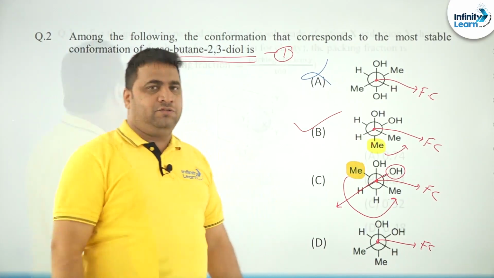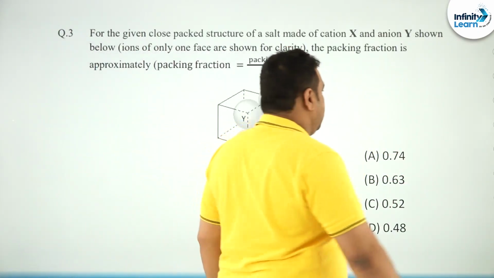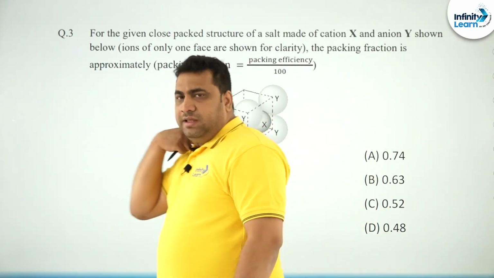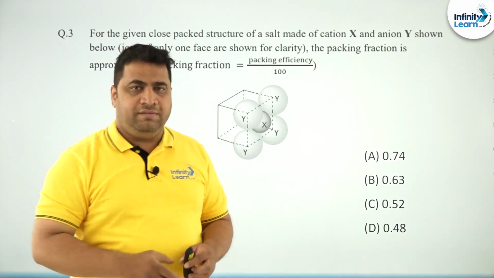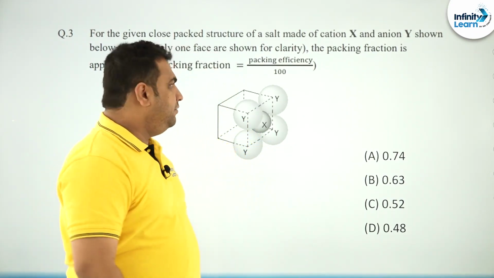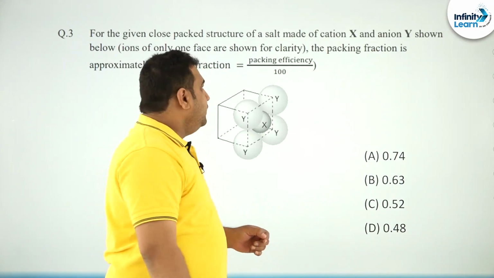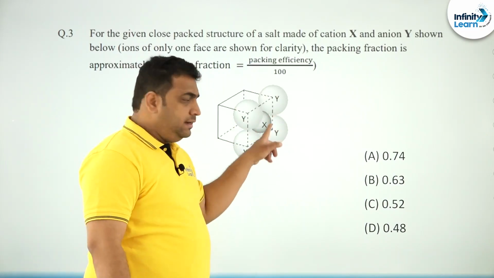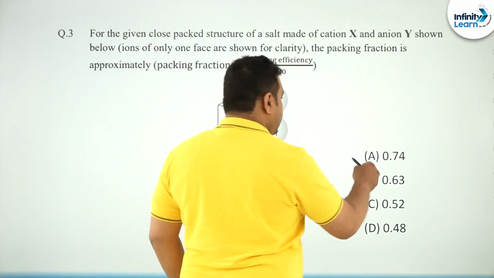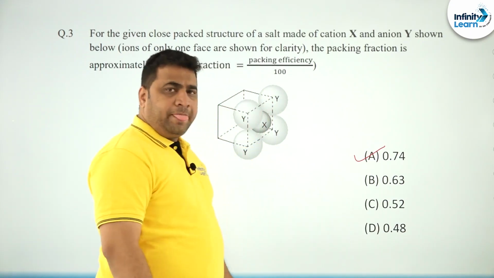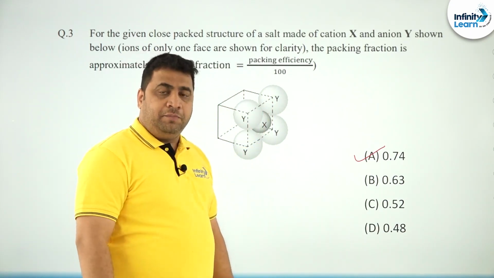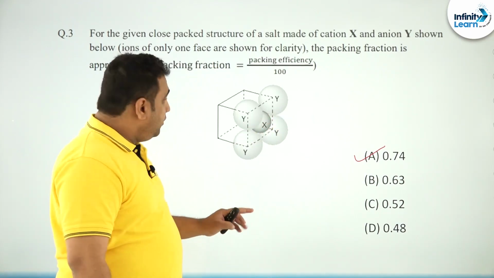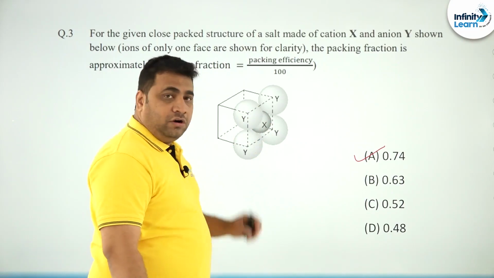So, moving to our next question. In the given closed, okay, this is from solid state. I think everybody is well versed with solid state. In this you can solve the problem in 2-3 ways. I will show you one of the easiest ways, actually it is not the easiest way, but you see the atoms are X and Y. That means if all the atoms are identical, then the packing fraction will be 74% or 0.74. But X and Y, that means what? You can see that the sizes of X and Y do not look identical.